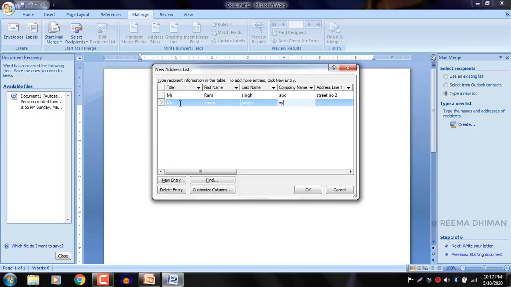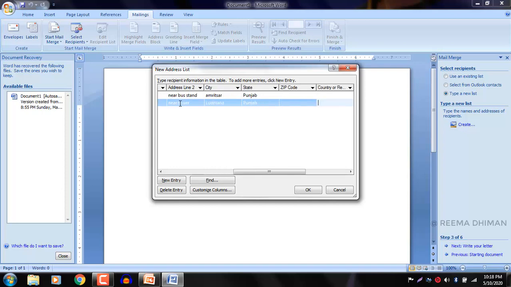Company name, for example, XYZ. Street number, let's assume 4. Near tower. City, for example, you can write Ludhiana. State, again Punjab. You can write here the pin code, zip code.